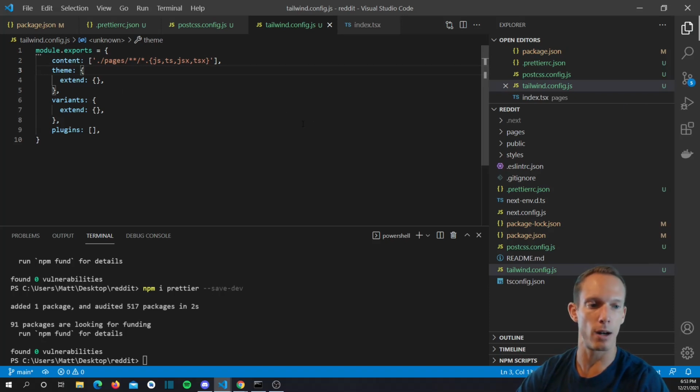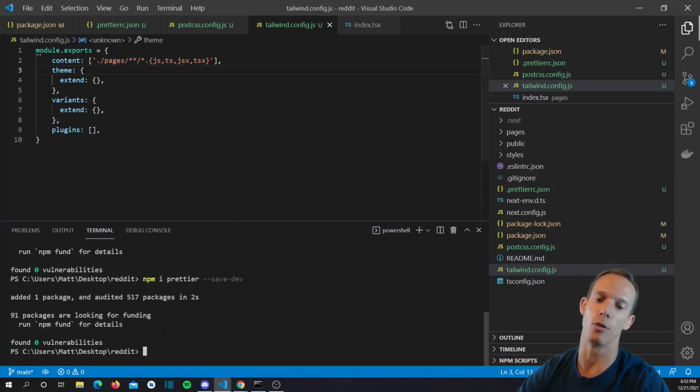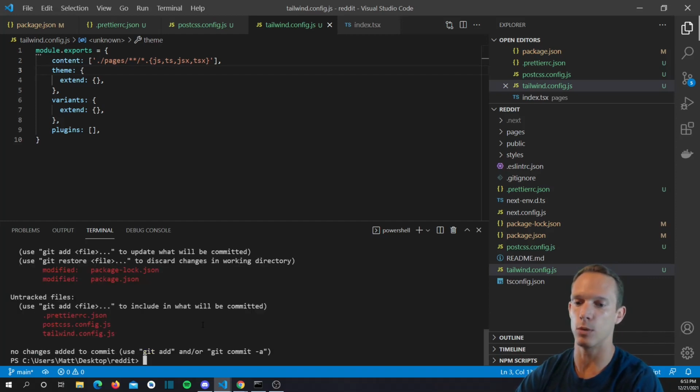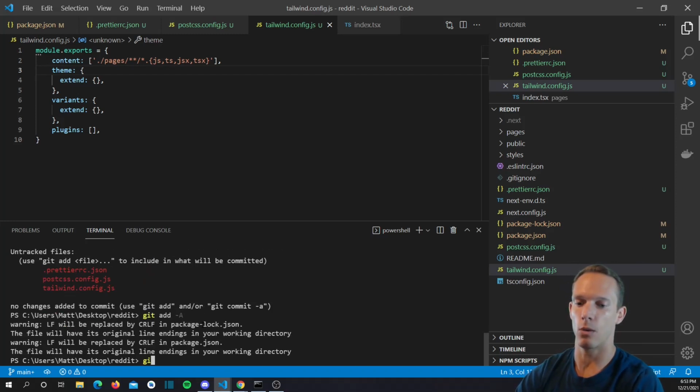Now we're more or less set up and ready to go. The final thing would really just be configuring our Git if we're using Git. Now you might not be using Git, but since we're planning on probably deploying this later on, we will go ahead and configure Git as well. So let's see if we have any type of Git status. We do, so Git is actually already initted, and we can go ahead and add a lot of these things. We're already on main, it looks like, and so we're going to want to add and commit real quick. So we can say git add -A, we can say git commit -am, we'll just say first commit,